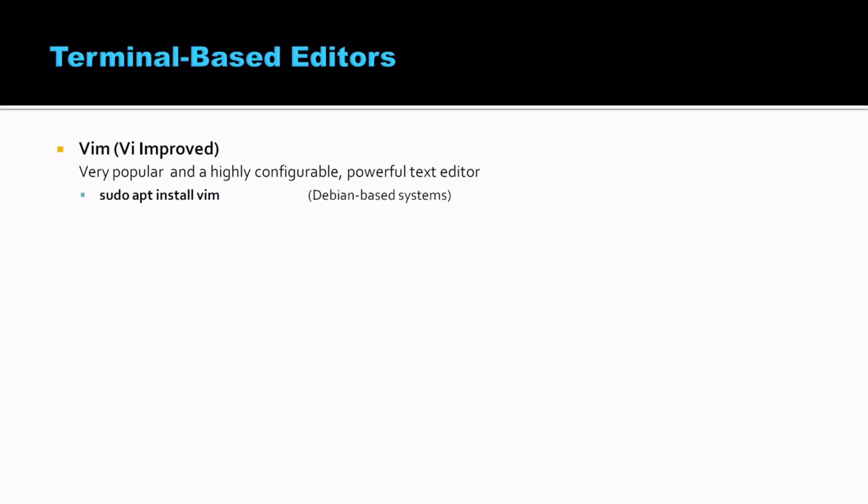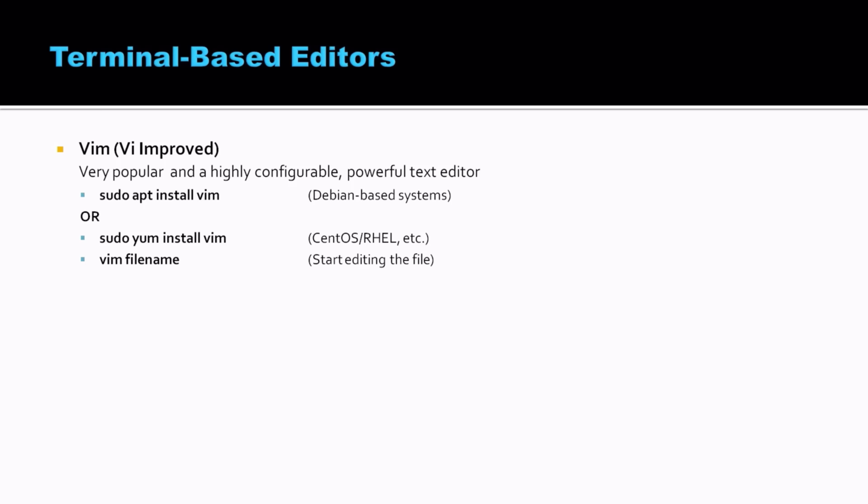To install it, you can use the command sudo apt install vim on Debian-based systems, or you can use sudo yum install vim on CentOS or Red Hat Enterprise Linux systems. Usually it is pre-installed on most Linux distributions, but if not, you can install it using these package managers. And you can use the command vim followed by the file name to create or to edit or to modify